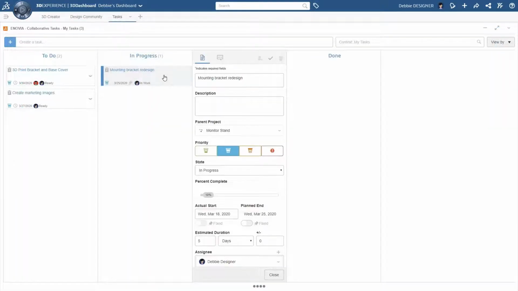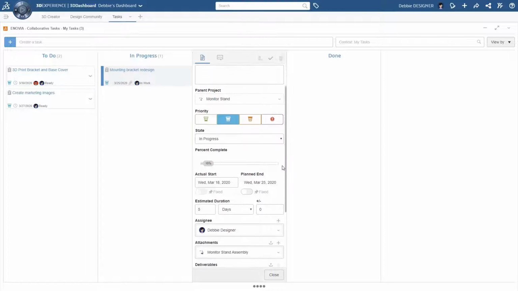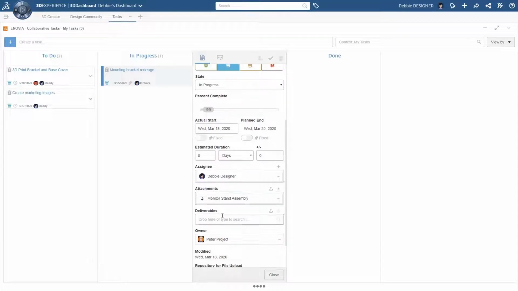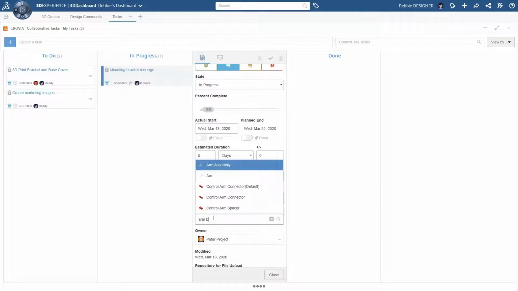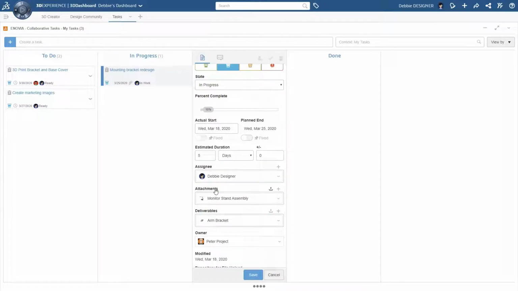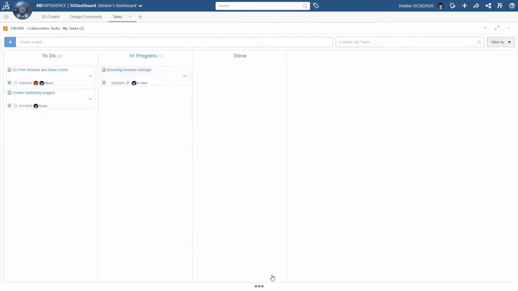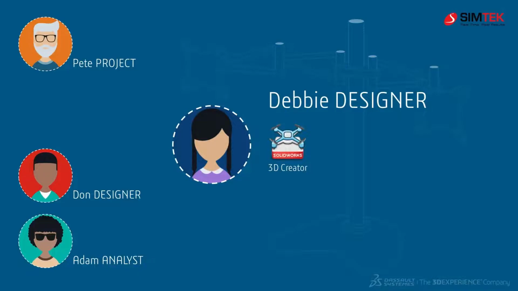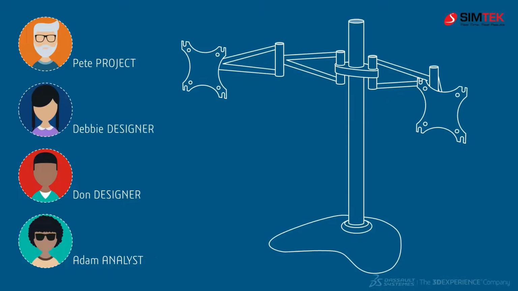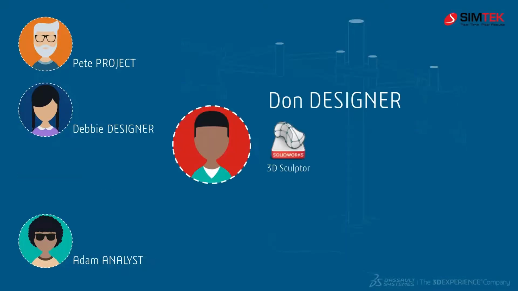Derby needs to update her task so Pete can review it. She will attach her bracket to the deliverable section so Pete has everything he needs to review the design quickly. Finally, she moves her task to the done column. Derby has completed her task using XDesign, so next we are going to move over to Dawn's task, creating